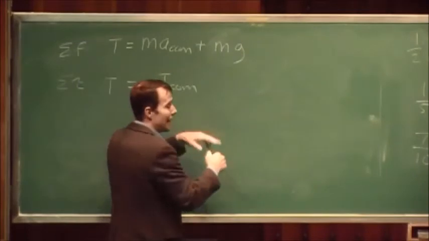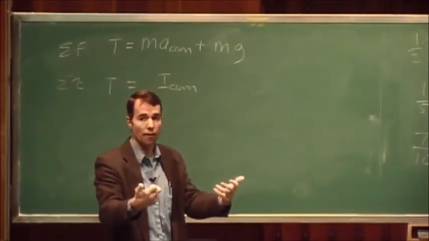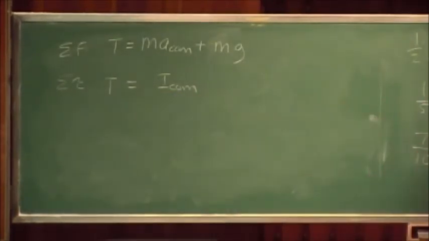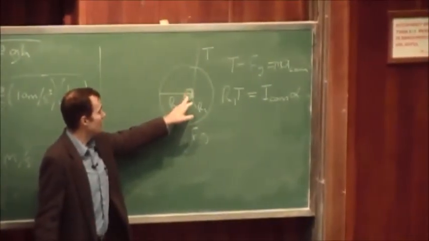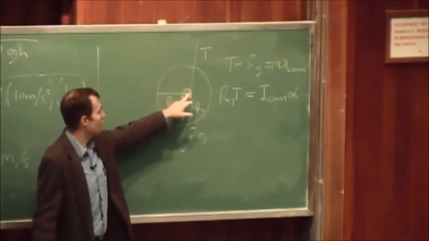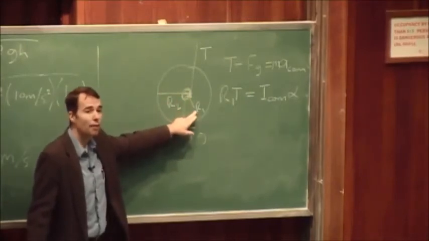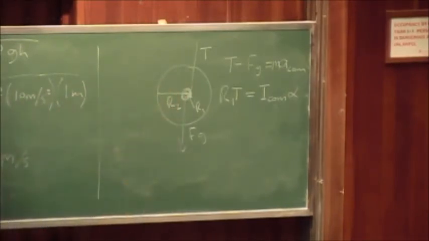Okay, so this is going to be M R, is it R1 or R2? If I have a disk here, is the moment of inertia going to be governed by this radius or by this radius? By radius 2 or by radius 1? By radius 2, right? Since the disk has a radius R2. Okay, so I'm going to write this out. And then I'm going to say this alpha